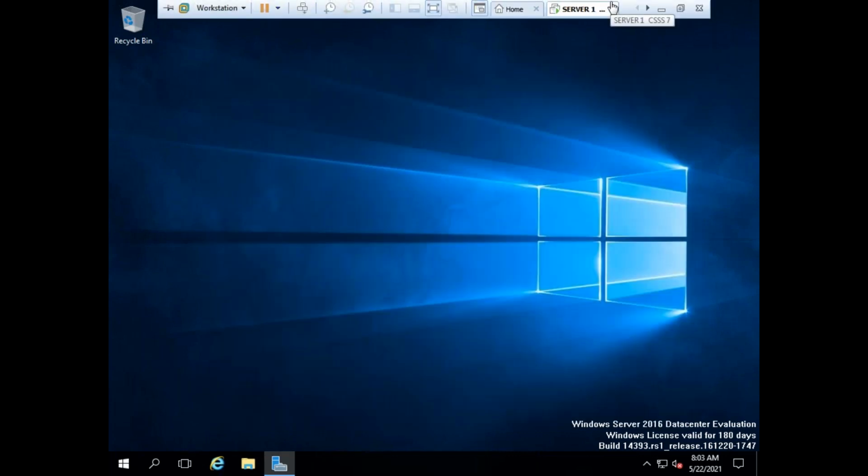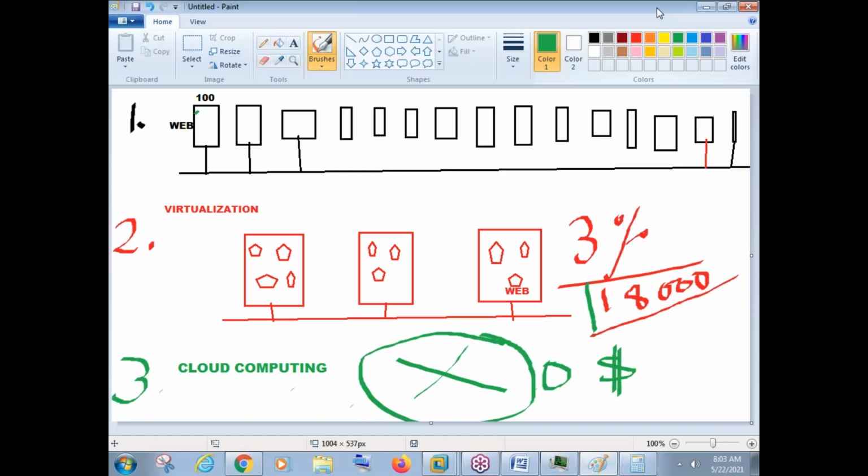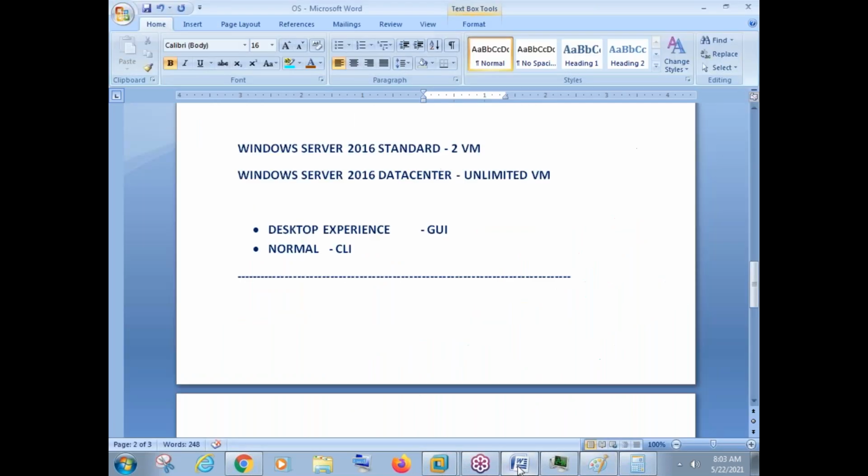See, normally what we do once we do the installation in a computer, there is something called drivers. I hope you know there is something called drivers actually. I'll just write here. We install the drivers in our computer, right? Computer or server. But in a virtual machine, there is something called VM tools. In a physical machine, we need to install drivers. In a virtual machine, we need to install VM tools.